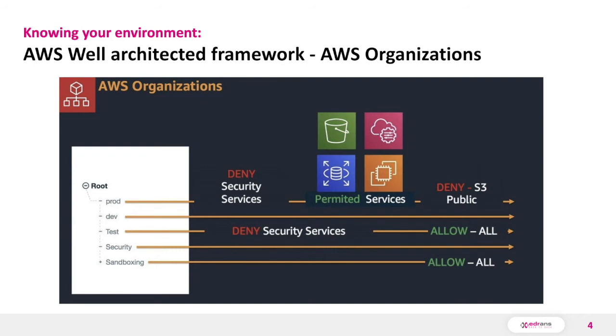This is another view on how the permissions on those organizational units or accounts can be assigned. With this approach, we can enable some resources on some environments and deny the ones we don't want to be accessible, modified, or deleted. For instance, we can log with CloudTrail all the events on all our environments and set it somewhere just to analyze. And to accomplish that, we're going to disable permissions on CloudTrail for the organizational units under the root account. With this change, nobody under the root account should be able to disable CloudTrail on those accounts.